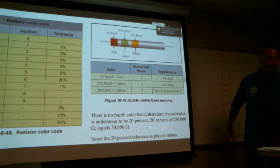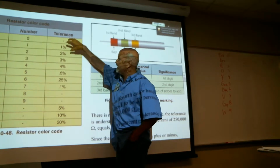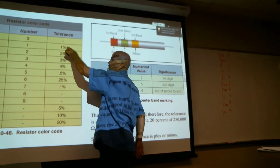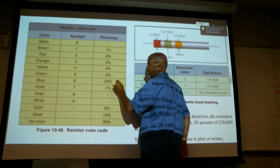So when you look at the tolerances here, we had 4 colored stripes. If you notice, these line up. Brown is 1, matching our color code, 1%. Red is 2, 2%. Orange 3, 3%. Yellow 4, 4%. Green, we get,